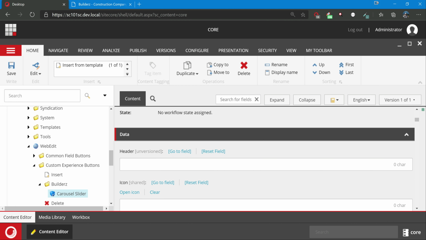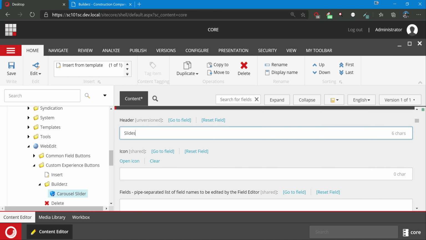So here header, I'm just going to put the same thing, or I'll just put slides, and icon, I'll just use that icon selector.